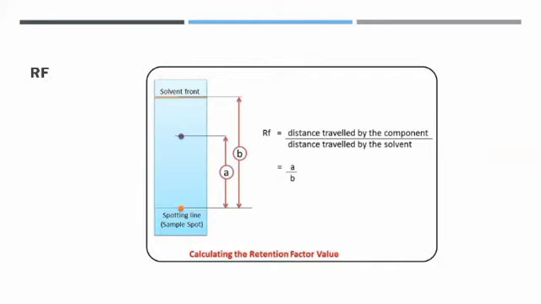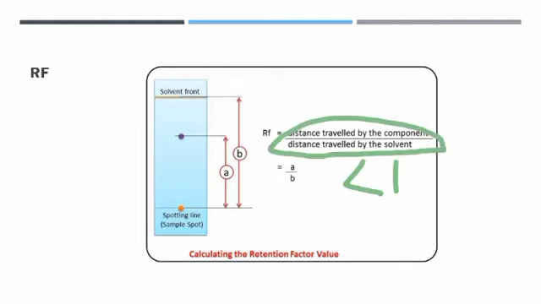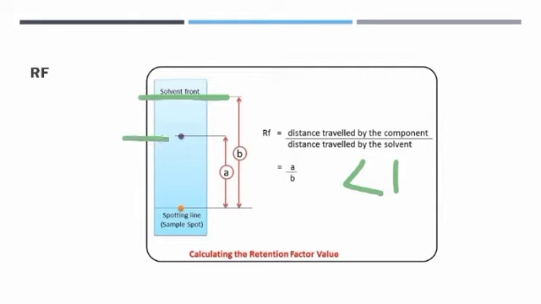If I want to calculate the retention factor, now every separated substance has its own retention factor, which is how we can recognize them. So what is the retention factor? It's the distance traveled by that component, divided by the distance traveled by the solvent. The RF value is always going to be less than 1. Now, why is that? Just have a look at the formula. It says distance traveled by the component divided by distance traveled by the solvent. So the solvent is always going to travel the larger distance, and the component is always going to be left behind. And so the solvent front becomes the point till which your solvent is traveling.